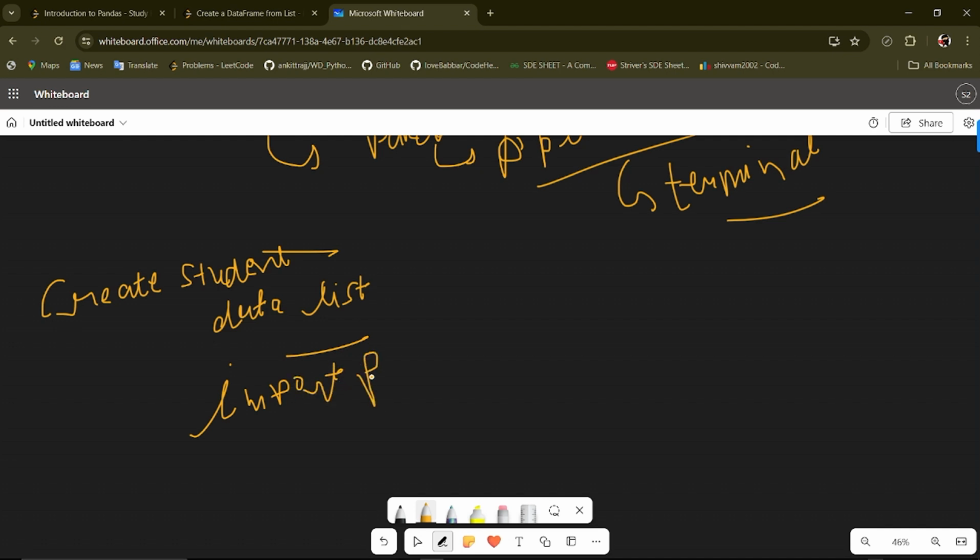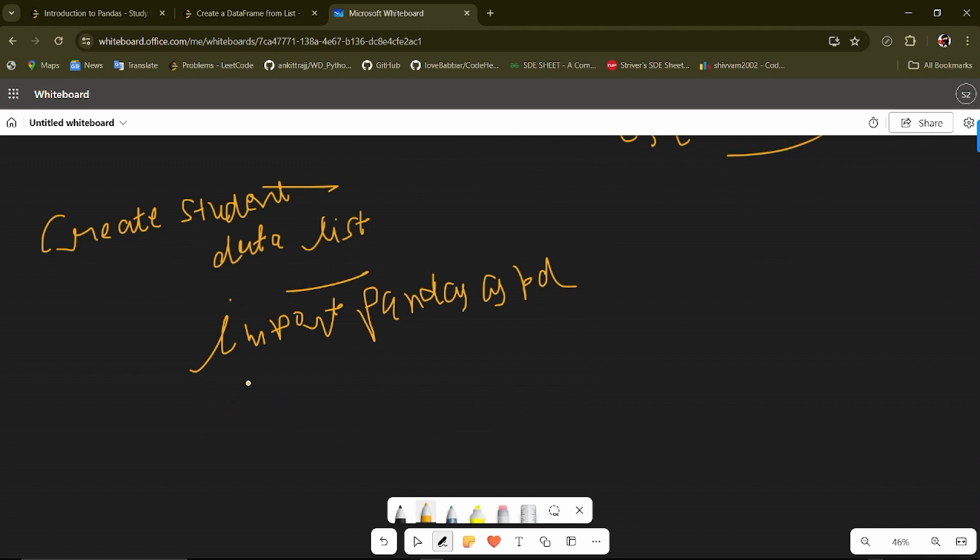First one, we have to import pandas as pd.